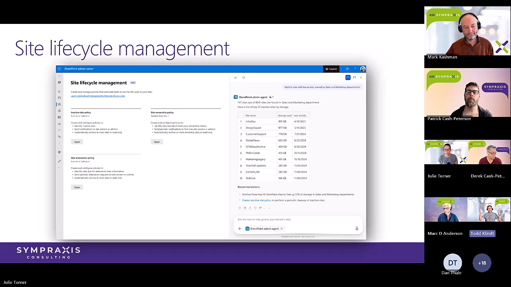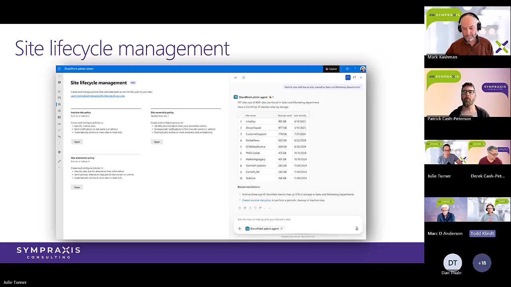So Microsoft, as of late, is a big fan of the three pillars idea. So Mark Cashman showed it at the beginning. We've kind of got the same thing here. We've got these three reports that you can run: inactive sites, site ownership, and site attestation. So I'll talk a little bit about that. You can run a report about who the owners of the site are. So that gives you an idea who's responsible for it. It's a bad idea to have a site that only has one owner, because you're only one HR decision away from that site having no owners and not knowing who to go to when that site needs something. So you want to know ahead of time before these things happen, so you can run a report on that.